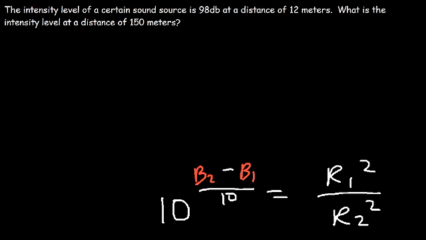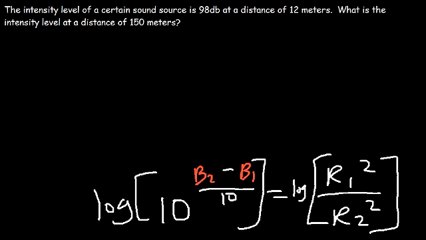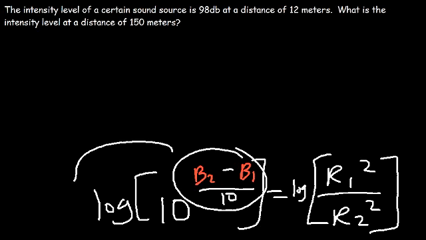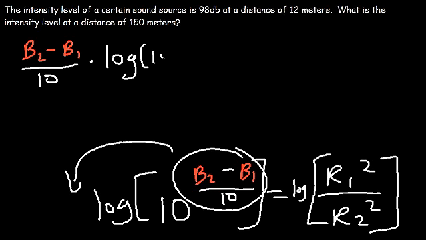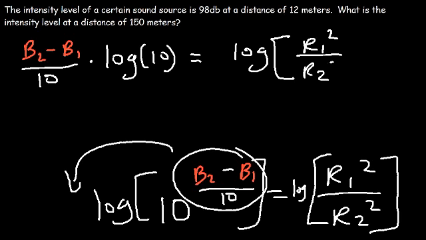Now let's take the log of both sides. A property of logs allows us to take the exponent and move it to the front. So we could say that (b2 minus b1) divided by 10 times log of 10 is equal to log of r1 squared divided by r2 squared. Log of